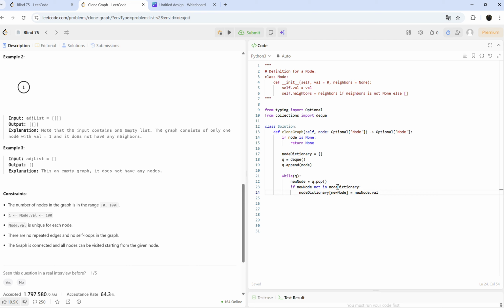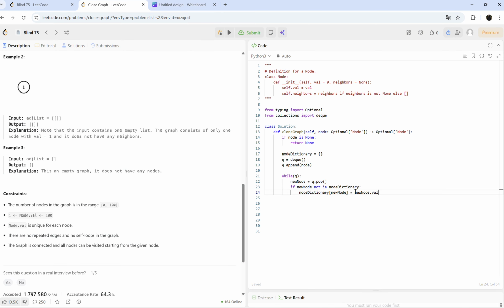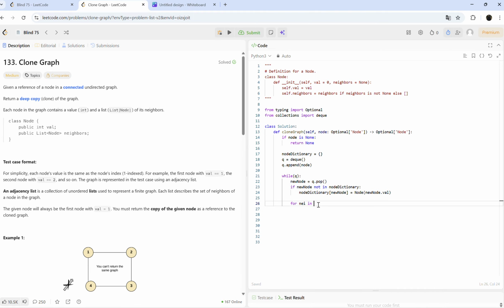But we can't just assign the original node as the value of this key, because if you remember, we have to create new instances of the original node. The way to do that is calling the constructor and passing the node value as the parameter to the node constructor. Now we will explore the neighbors of the node. So let's just call the neighbors nei. You see that in the constructor itself, the list was called neighbors, which we also talked about at the beginning of this discussion. So for neighbor in node.neighbors,